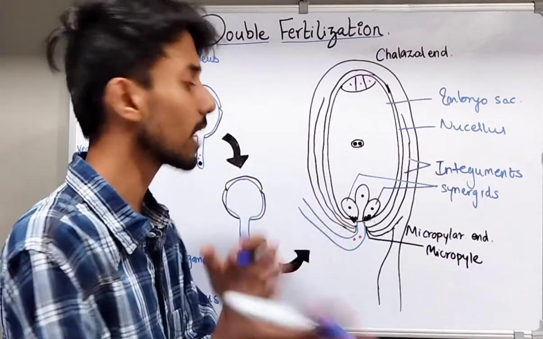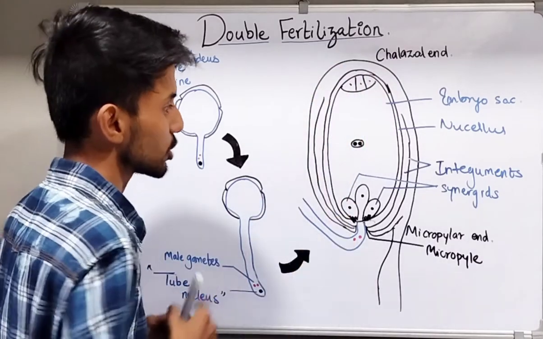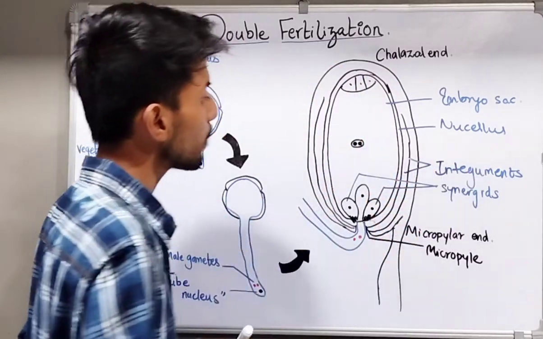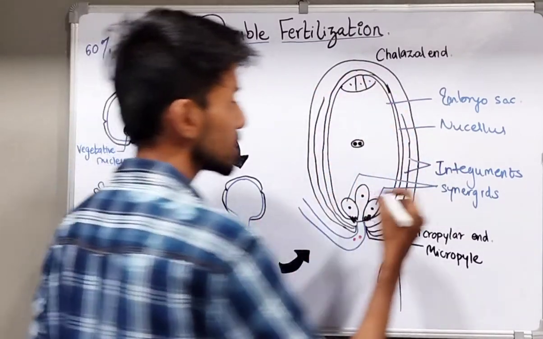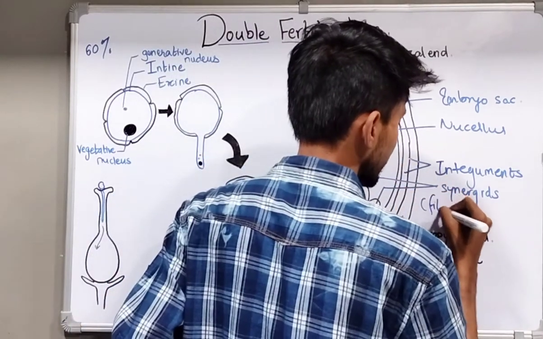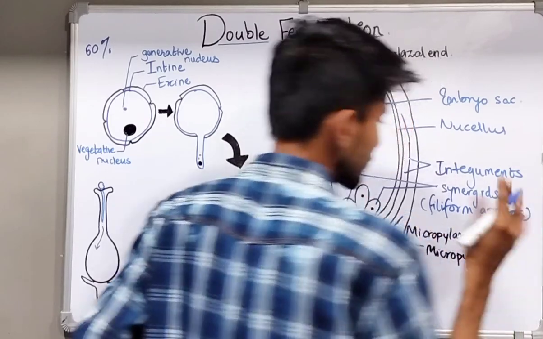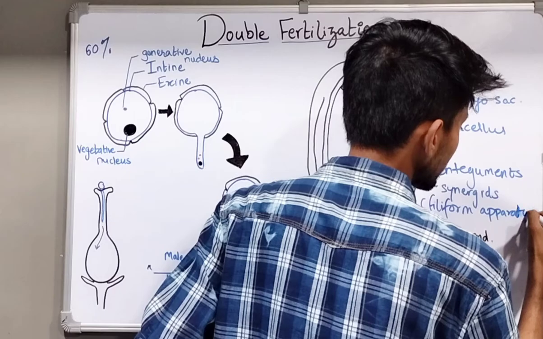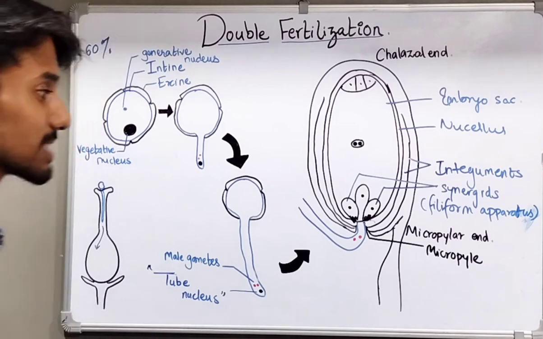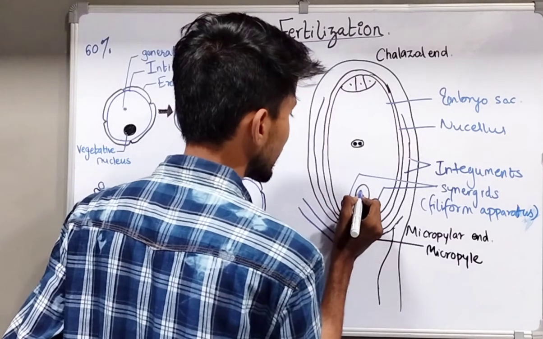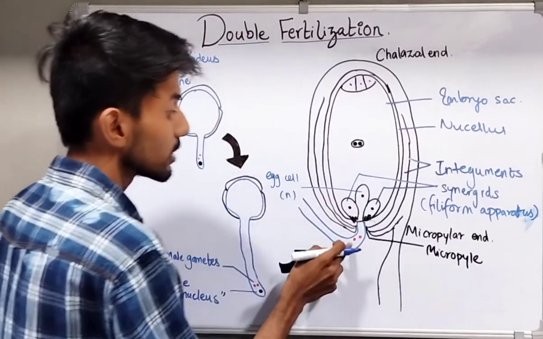Now who is going to guide the entry of the pollen tube? Inside the embryo sac, the synergids present at the micropylar end guide the entry of the pollen tube inside the embryo sac. The synergids have the filiform apparatus. Filiform means finger-like. These finger-like projections in the synergids help to guide the entry of the pollen tube inside the embryo sac. And this is our egg cell, which is haploid. Then the two male gametes.